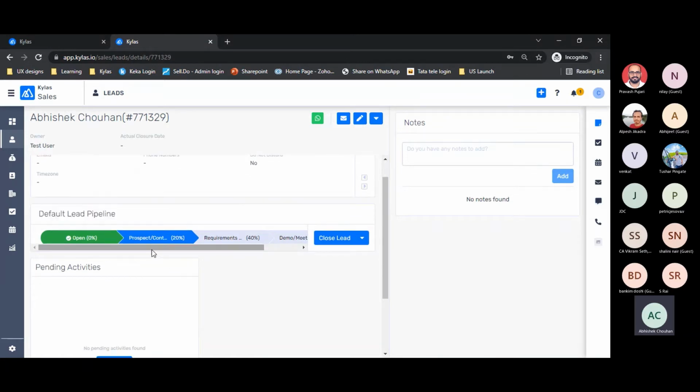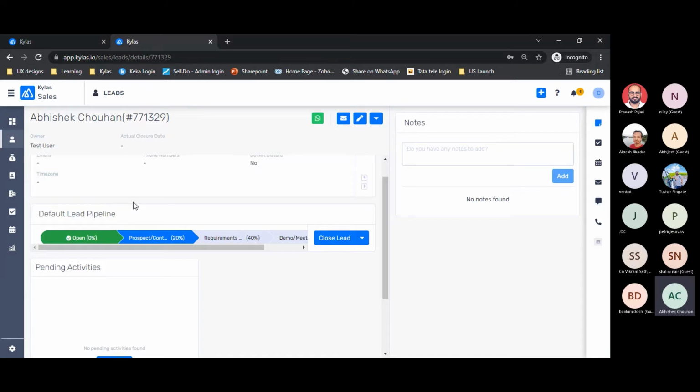the moment I make some sort of contact with this lead, I'll move that into the prospect or contacted stage. So the name of the stage and the definition of when this stage will be moved is completely dependent on you and your sales process. You can put any name in this place, you can put any description, and you can explain to your sales users when they have to mark this stage for any of the leads. So I am taking my own example. Let's say in my case, whenever a sales executive has established some sort of contact with a lead, they are supposed to mark this lead in the prospected or contacted stage.